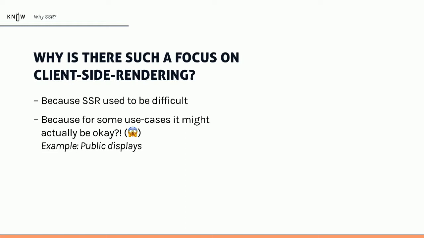If you're running a public display where you can't really interact with the website, it's totally fine to just render it on the client, because you know exactly where it's going to run. But as soon as you can't control the environment where it's working in, you should deliver some HTML. And also maybe because people just don't care, I don't know, maybe that's not really nice of me to say, but